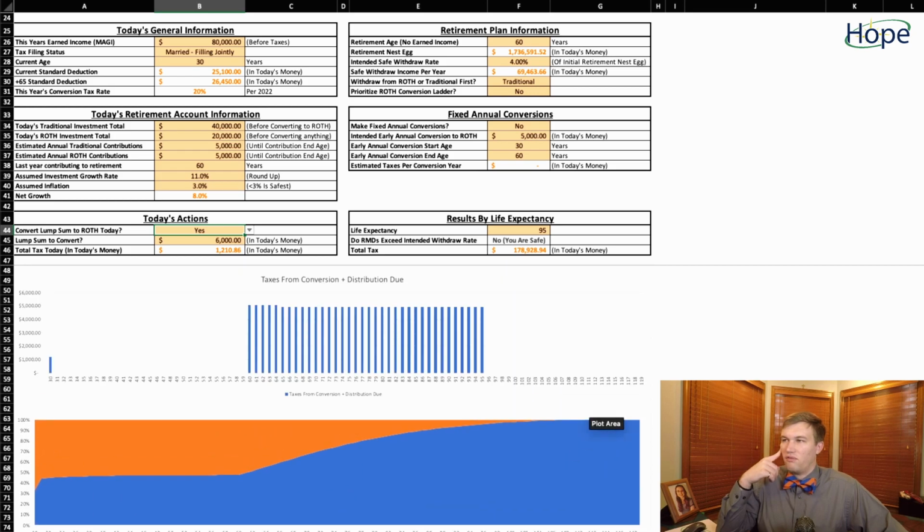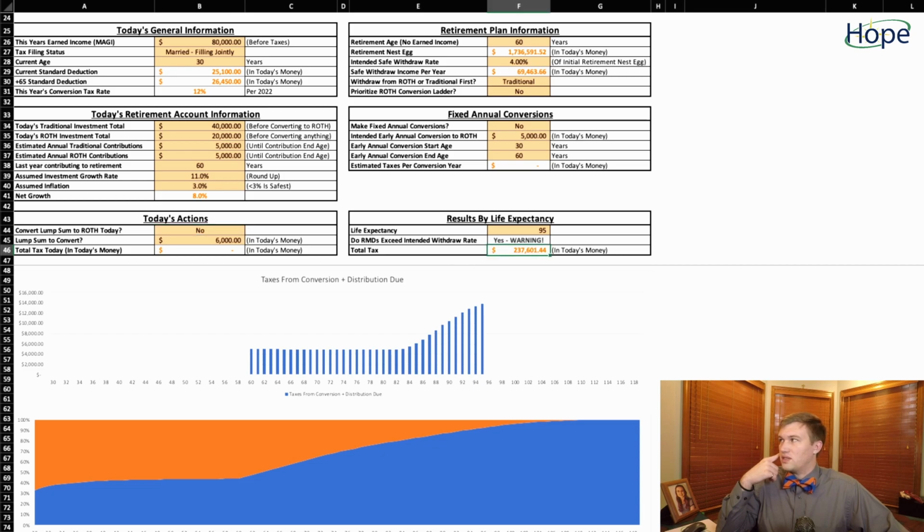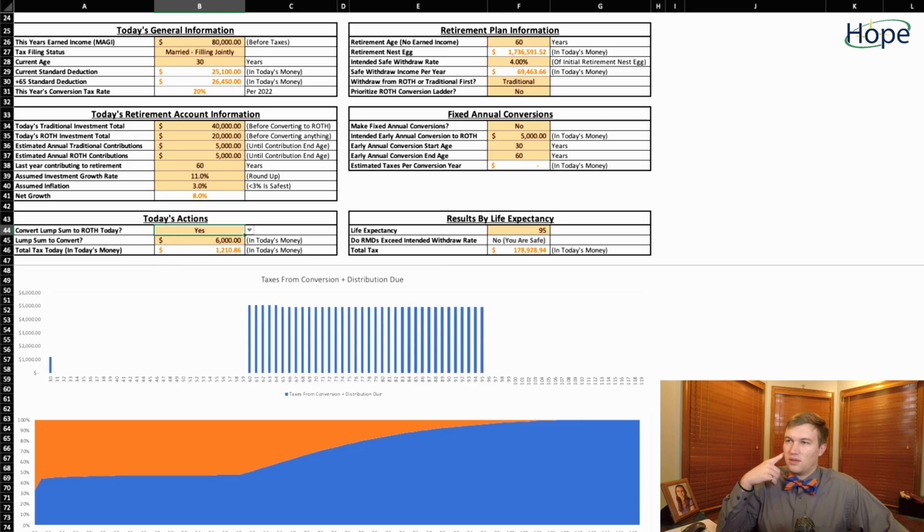I think that's a very easy solution if you wanted to do something today and then not worry about it and check in on it later. And they could do a little bit more if they wanted to be a little more safe, but there's also something else that's really cool. On this cell right here, 46F, if you can see the video, the total amount of taxes under the original assumptions, the total amount of taxes they'd pay in retirement equaled $237,000. If they made that conversion today and spent an extra $1,200 today in taxes, it drops their total tax exposure over their lifetime to $178,000. That is a substantial improvement, but I think we could do better.